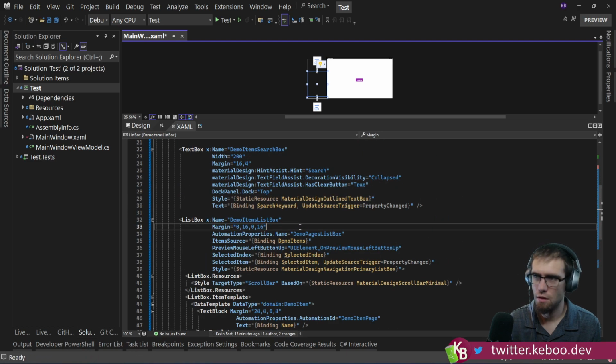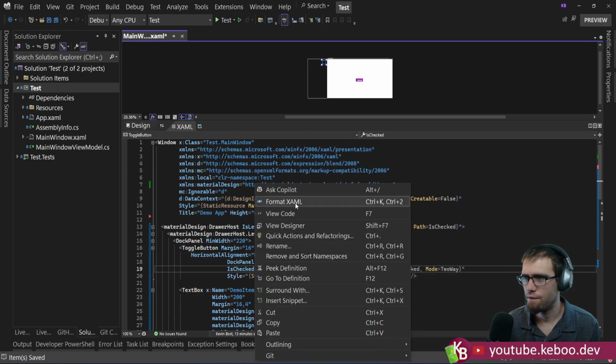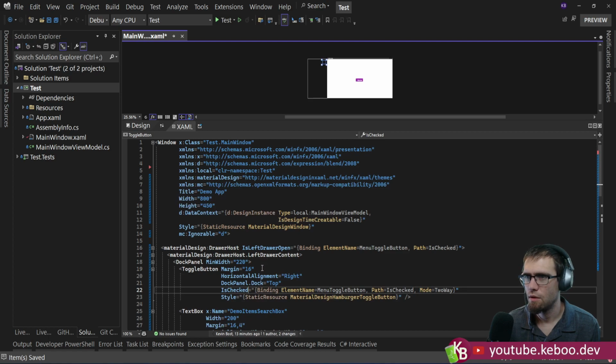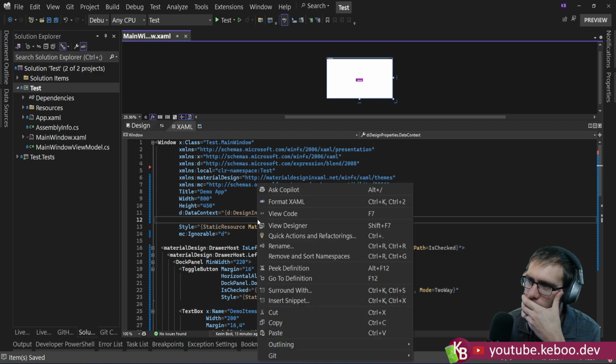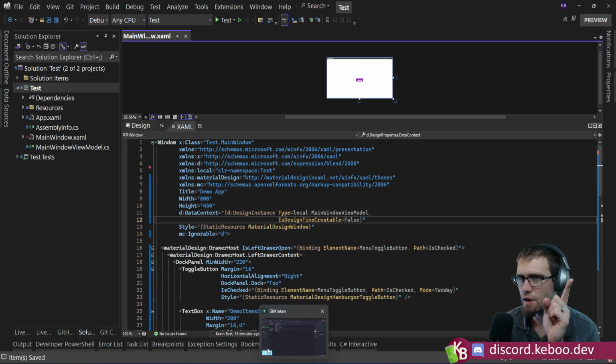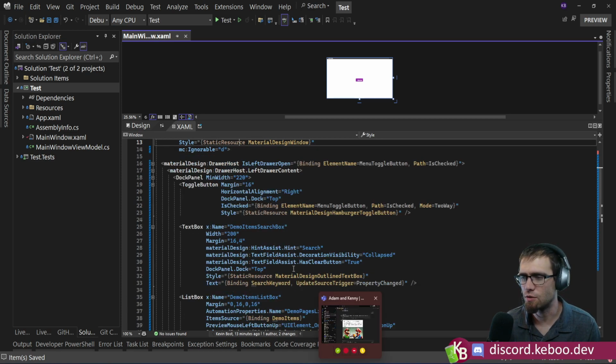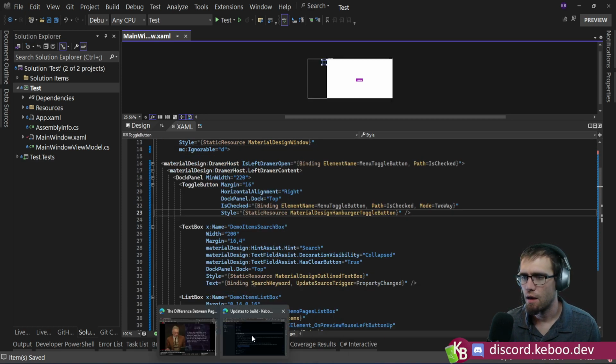Interesting. Why are you not formatting? Format XAML. There, that's what I want. Huh. I don't understand why it's not formatting on save. That is weird. It also makes me strongly suspect that I haven't properly formatted something on the main source one either. So,